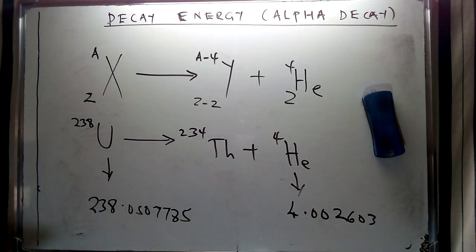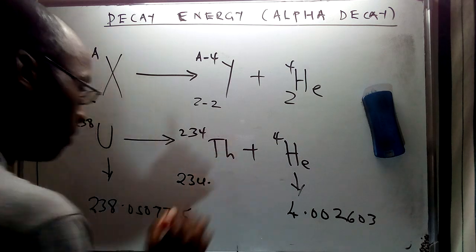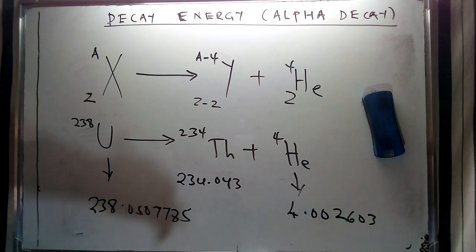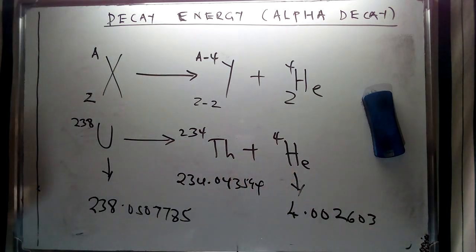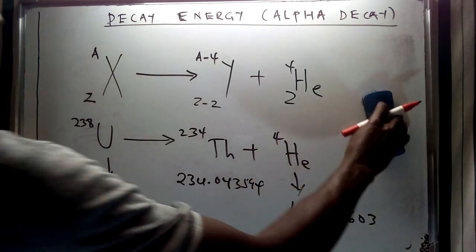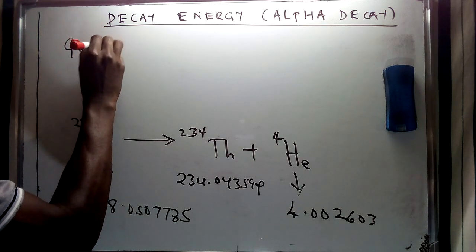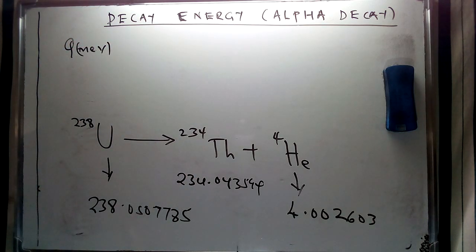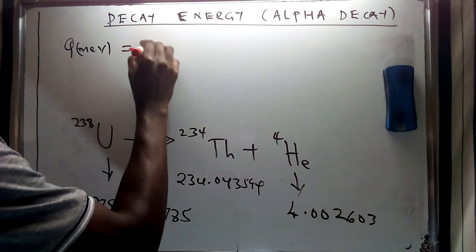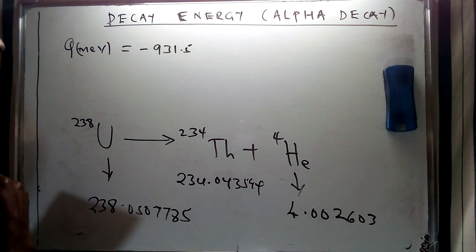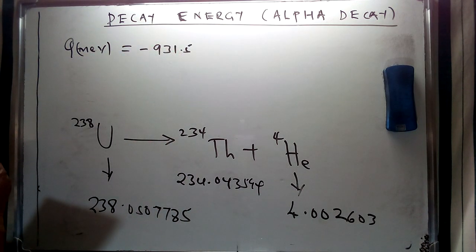And then we're going to have the mass for thorium as 234.0435994. So for us to find the Q value, which is basically going to be the decay energy in this alpha decay process, we're going to do away with this so that we can use this space. So for us to find the Q value in mega electron volts for this alpha decay, we're going to have it given as a negative value, which is a release of energy, 931.5, which is the mass of one atomic mass unit in mega electron volts,